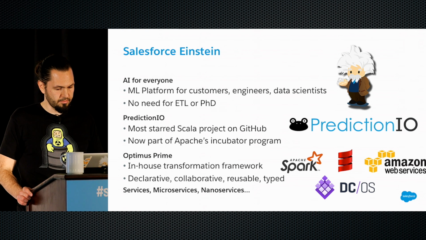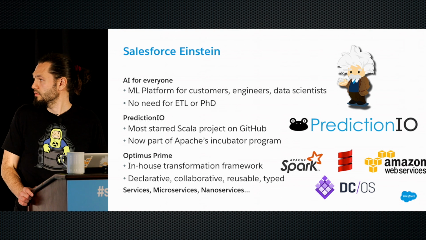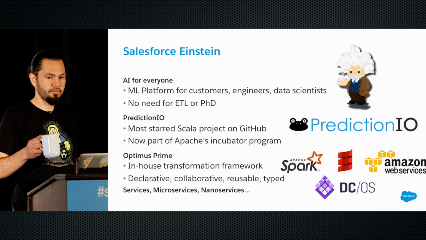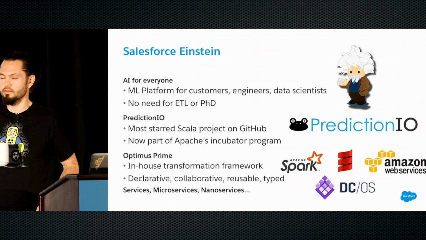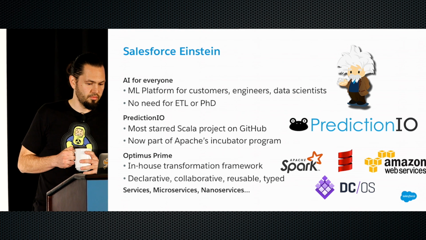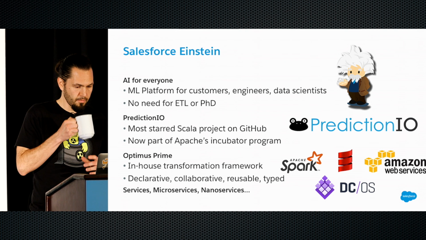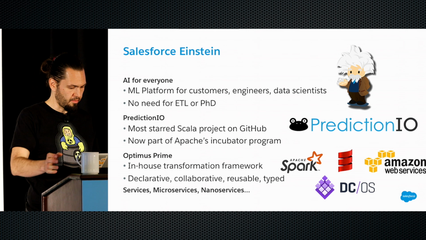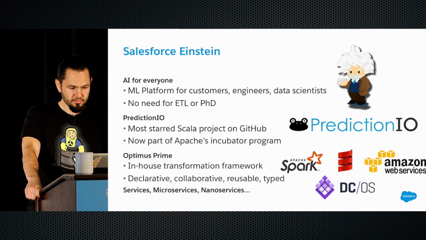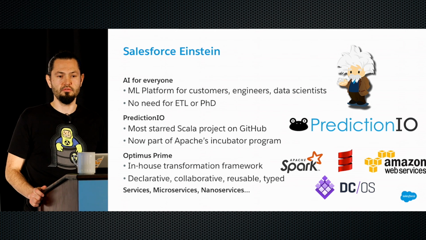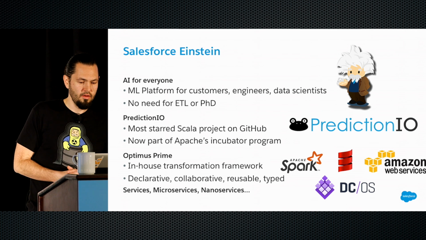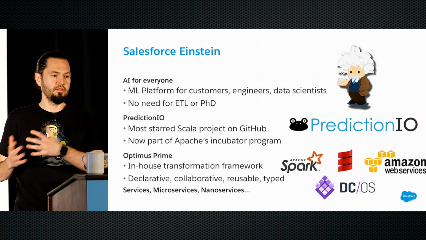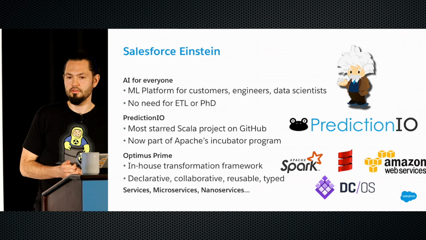We acquired Prediction.io. This is one of the startups that joined my team. I don't know if you are familiar with it. I hope you are. If you're not, check it out. We're trying to make it a top-level Apache project now. And then we developed the Optimus Prime library. That's what I'm going to talk about next. This is an in-house transformation framework for Spark and Spark ML, where we provide type safety, mainly for the transformers and